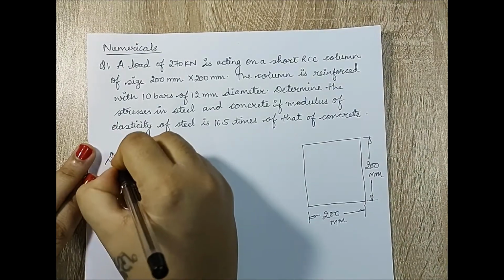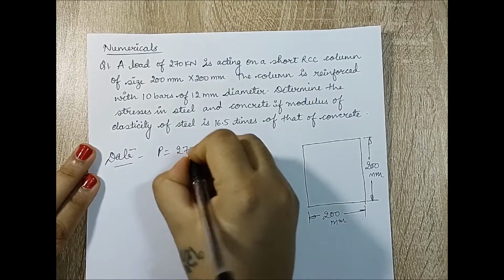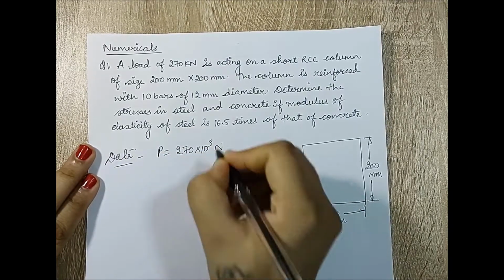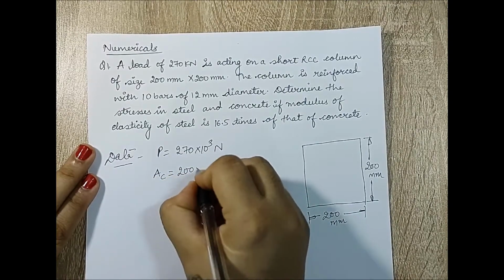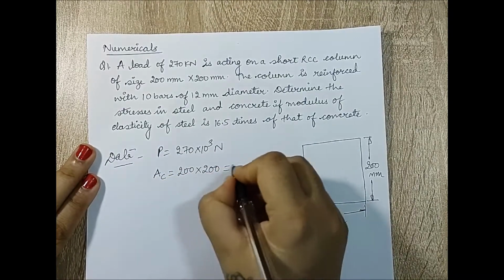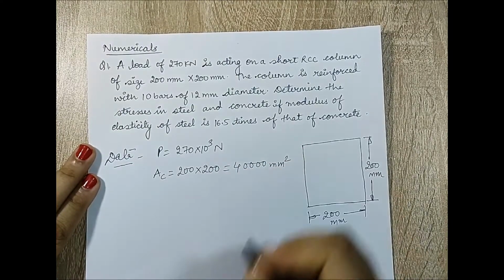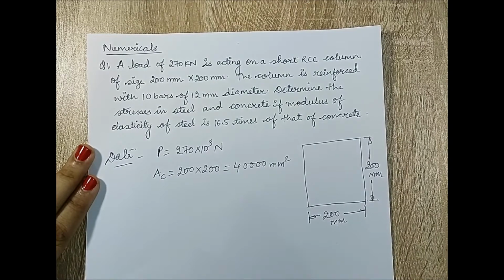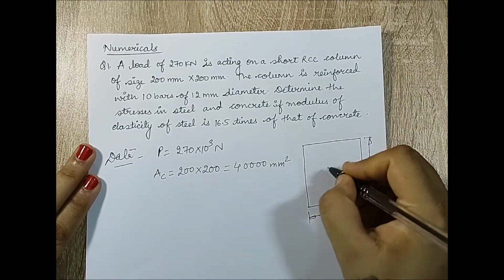So I'll write down the data. The load P is 270 into 10 raised to 3 Newton. The size means the area of concrete is 200 by 200, which is 40,000 mm square. The column is reinforced with 10 bars of 12 mm diameter, which means there will be, say,